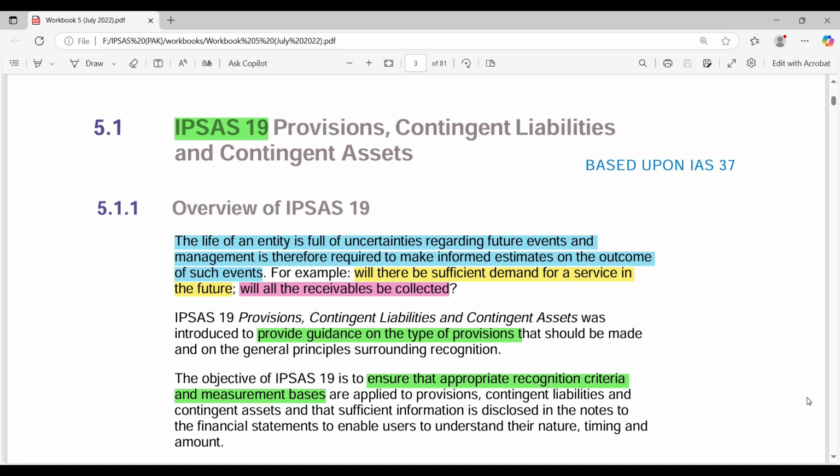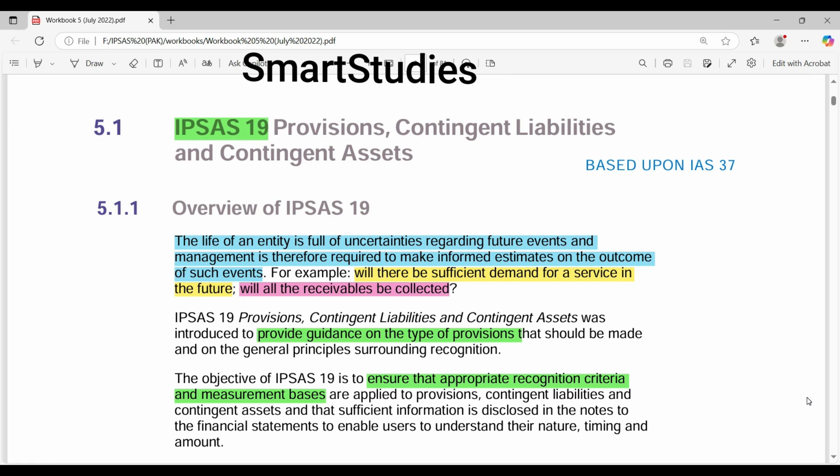IPSAS 19: Provisions, Contingent Liabilities and Contingent Assets. IPSAS 19 is based upon IAS 37. If you are familiar with International Accounting Standard 37, then IPSAS 19 is not a new chapter for you. Overview of IPSAS 19. The life of an entity is full of uncertainties regarding future events, and therefore management is